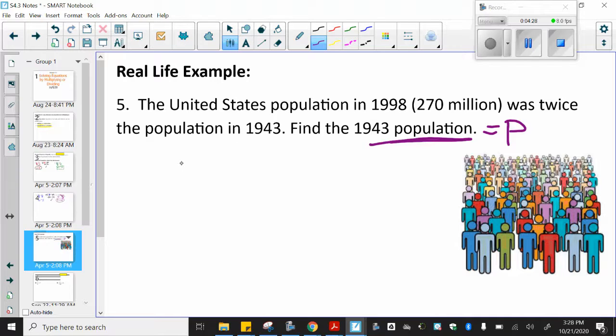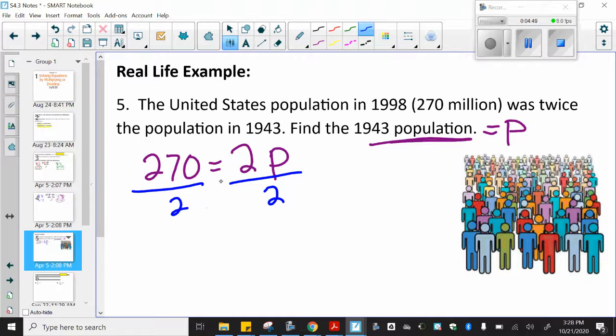So we know that we need to multiply the one that's smaller by 2 to make it the one that's bigger. So we'll say 270. We're going to make our answer in millions, equals 2 times P. To solve that, we want to get P by itself, so I'm going to divide by 2, divide by 2. Those cancel, leave P. 270 divided by 2. If I type that in the calculator, I'm going to get 135. And we actually want to say P equals 135